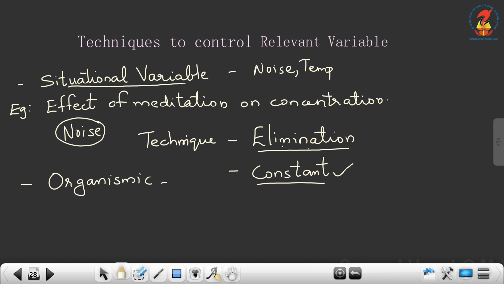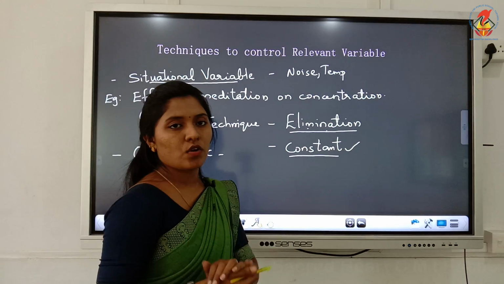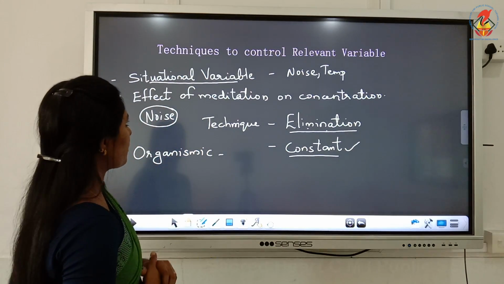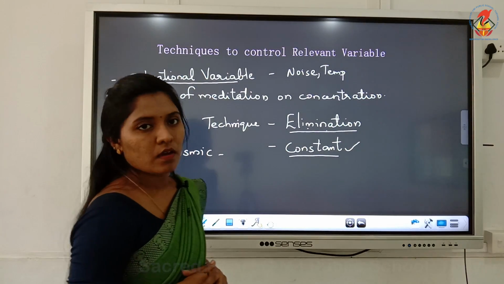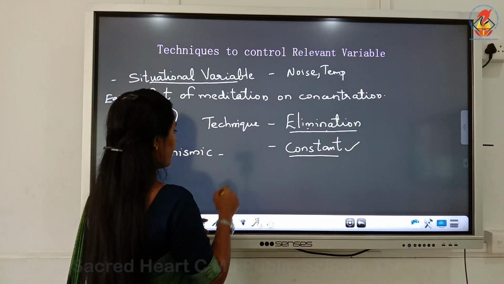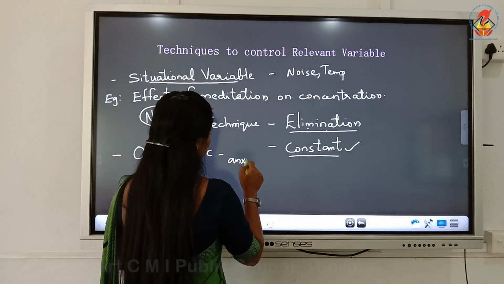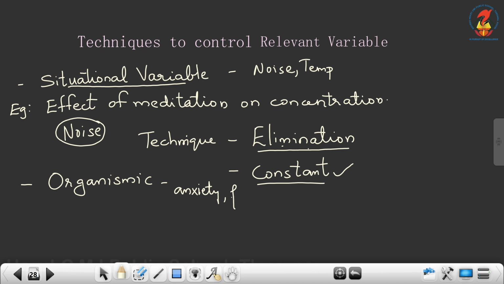Now, let us see how the experimenters control the organismic variable, which is related to organisms, such as anxiety, fear, sorry, not temperature, intelligence.